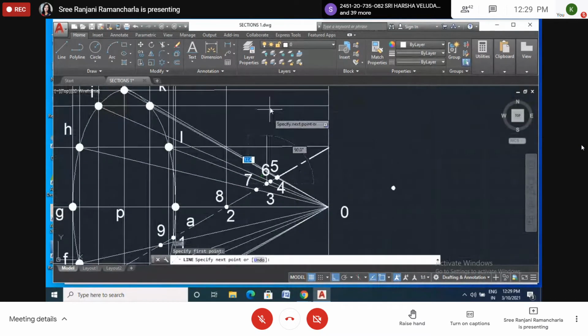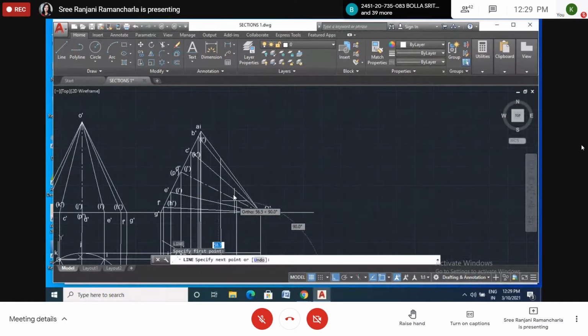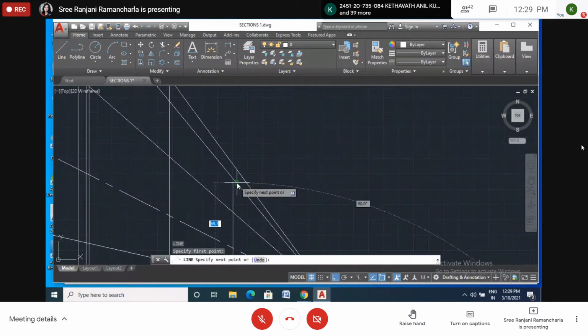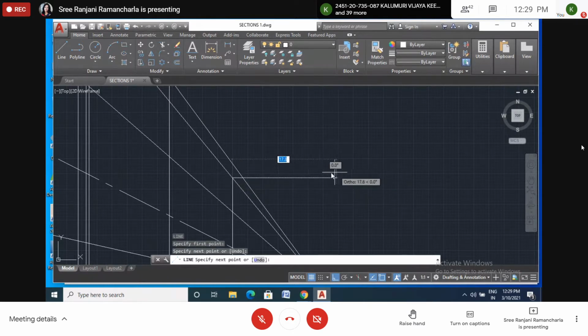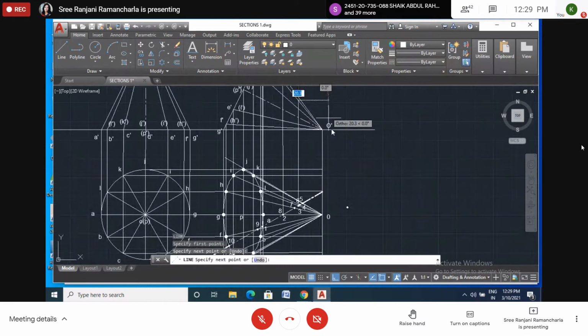Where is L? This is this point, right? Okay, this point is 3.